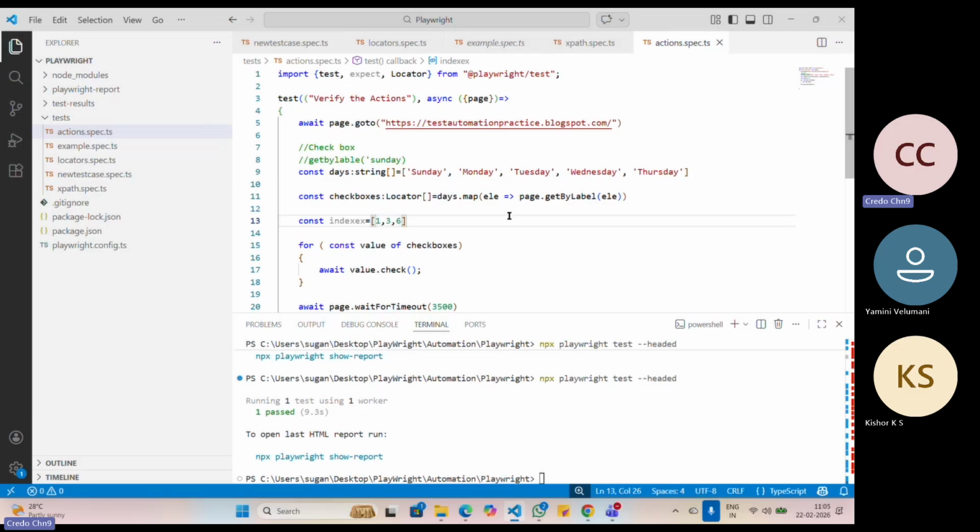So I have created indexes 1, 3, 6. I have created an index like 1, comma 2, which will consider only 1. I have created two indexes, 1, comma 4 also. 1, comma 2, comma 4. I have created one index. Okay, 1, 2, 3. So what I'm going to do now,